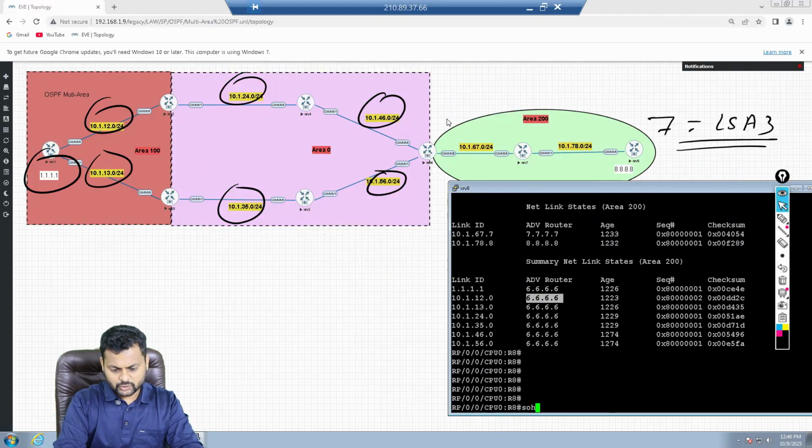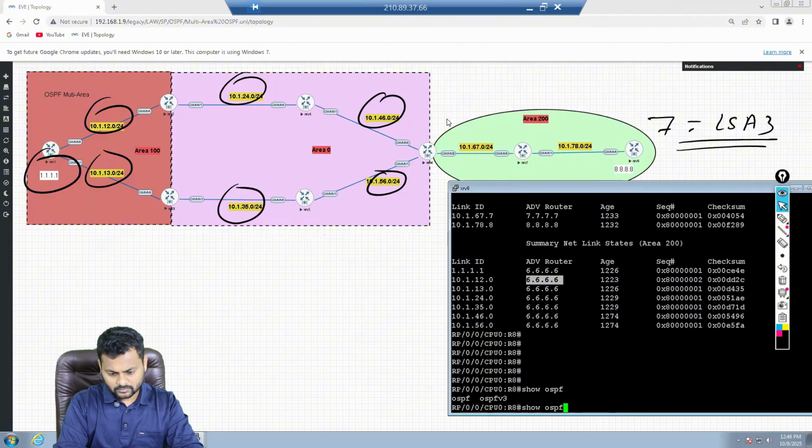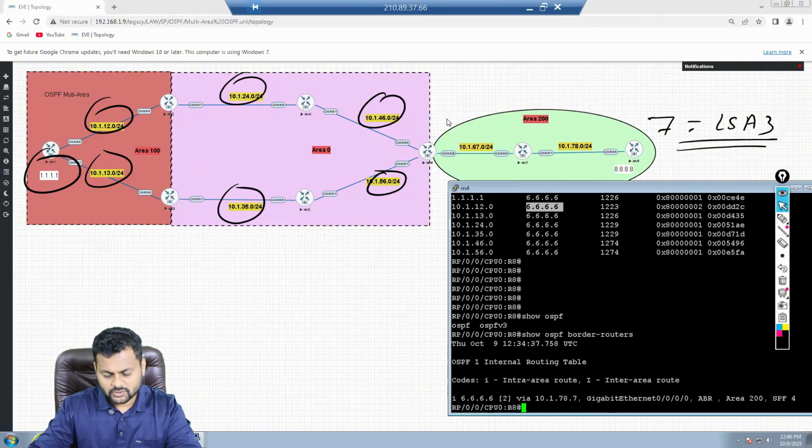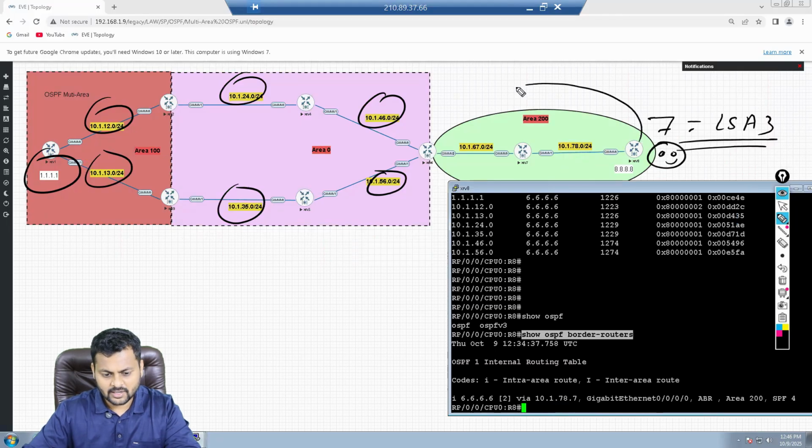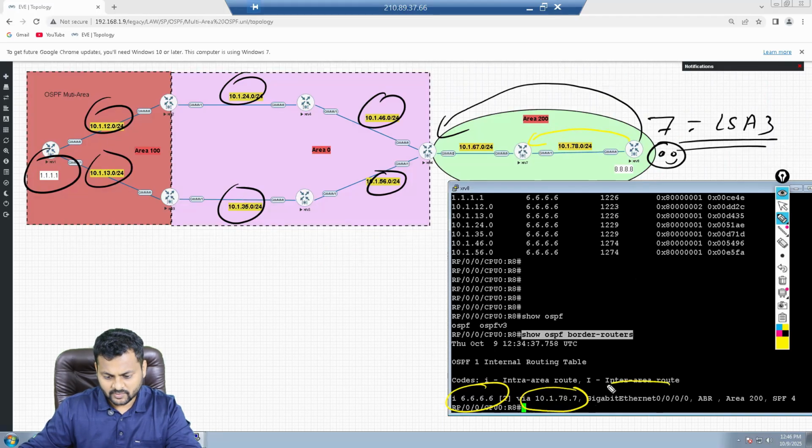You can also use the command source, but let me check whether this is available on the XR or not. Yeah, we have it. So you can use this command for the border router, and you can verify who is my ABR router. Any router can check it to identify where the ABR is sitting. I'm sitting on router number 8, and I can see that my ABR is 6.6.6.6. And how do I get to 6.6.6.6? By reaching 78.7, my next hop IP address. And how do I reach 78.7? By using this interface.